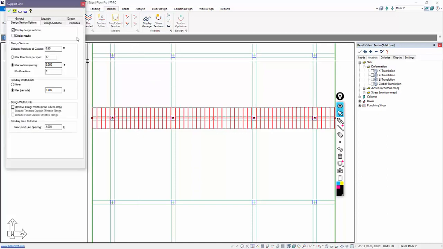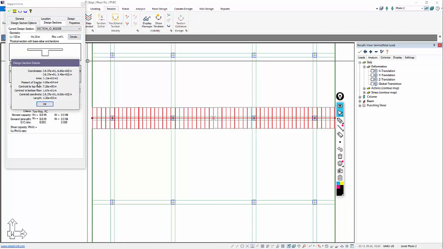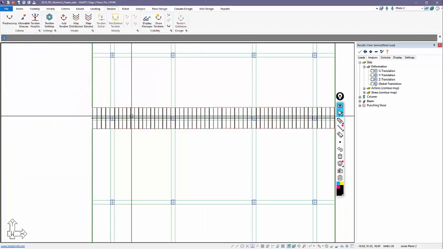So if I look at the area of the design cut, this area is around 1,120 square inches. We're going to assume we want a pre-compression of 150, so we need a force of around 168 kips for our PT in this strip. That equals around seven tendons. So we'll add 7 tendons to